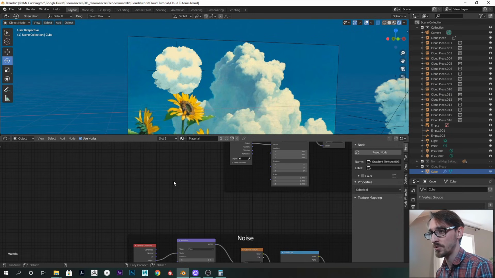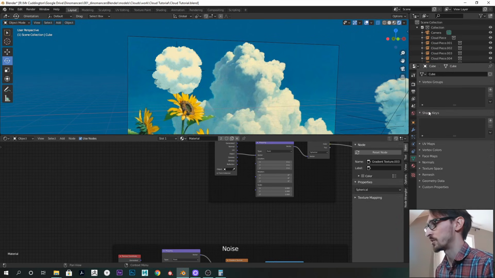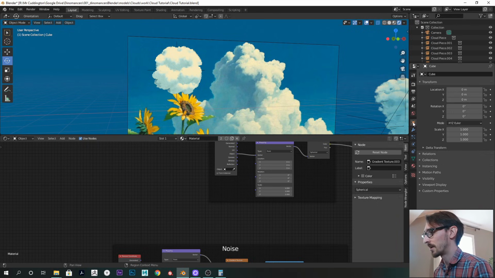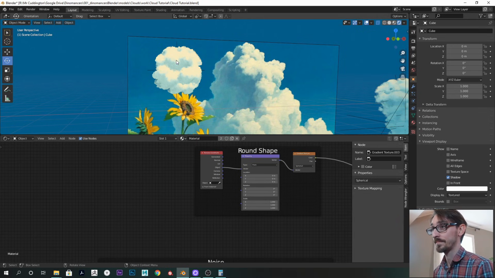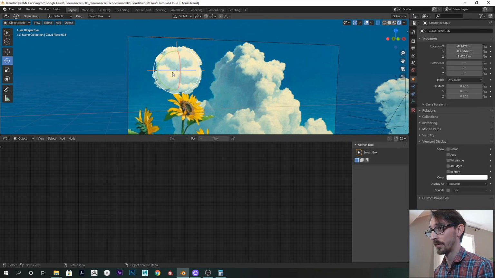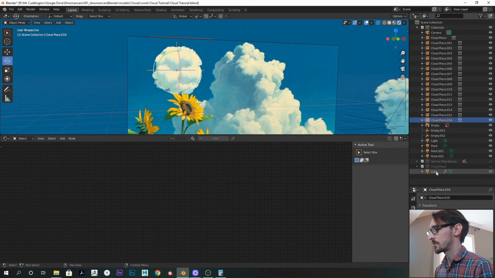So I'm going to use a similar technique to what we did in the Ghibli tree tutorial. In object properties, in viewport display, you have this thing called color, and we can access this color in the node editor. Even though it's a collection instance, and collection instances don't even have a material, I couldn't even apply another material to this one, but I can access its color here. So let's just pick the cube,